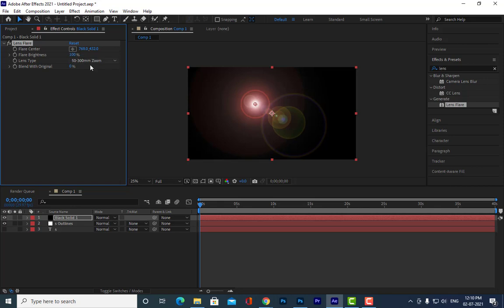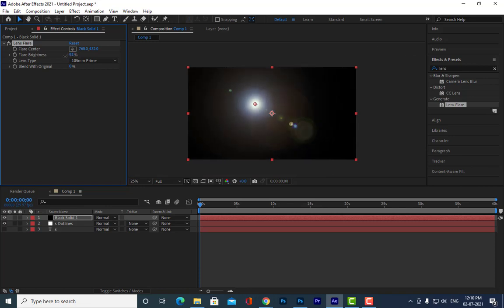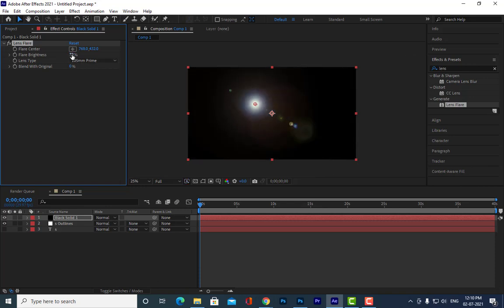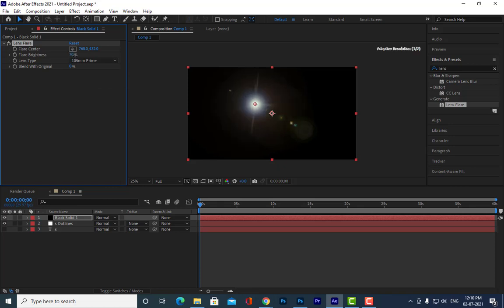Okay. So now what else we can do? We can increase the brightness, and then we will make it 105 percent. Okay, so we don't want this, so we can reduce the brightness if you want. Something like this. We can also keep it 35 percent, but let's keep it 105 percent. Is it clear, all of you? So till here it is clear, right? How to apply the lens flare to this?